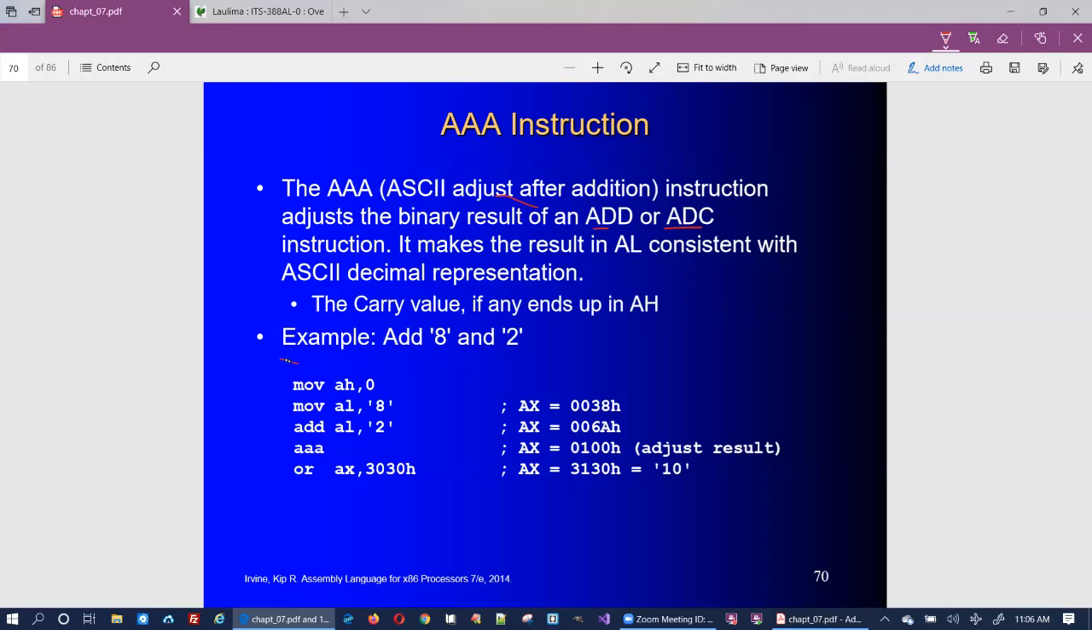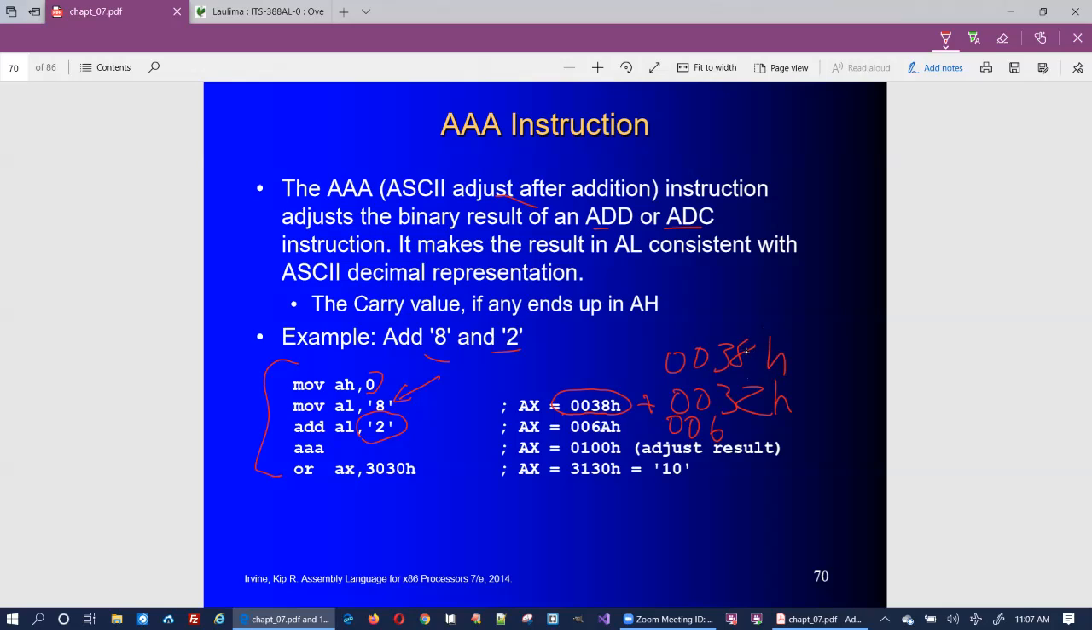So for example, here we're adding 8 plus 2. We're going to use 16 bits, just AX. So we load 0 into the upper byte, and we load an ASCII 8 into the lower byte, so AX now contains 0038 hex, which is the ASCII character for the digit 8. And then we're going to add 0032H. That's what the ASCII 2 is. So if we have 0038 plus 0032,